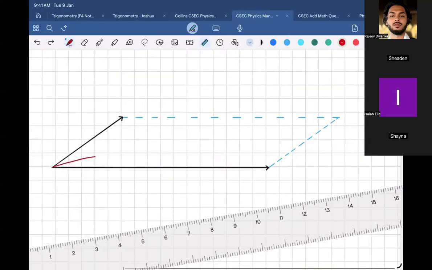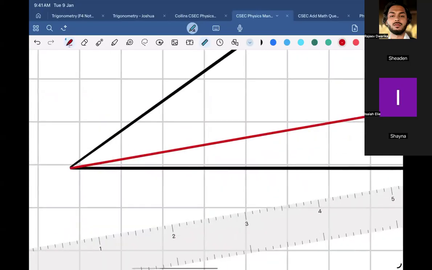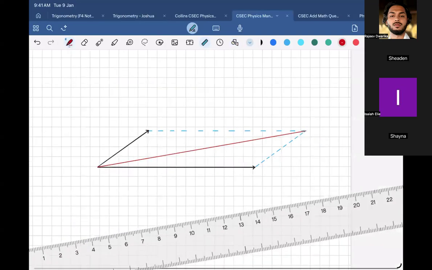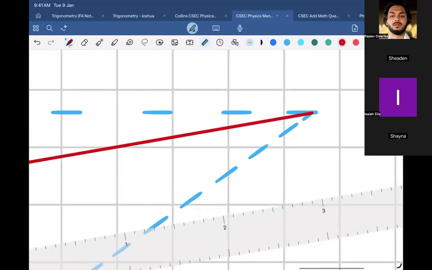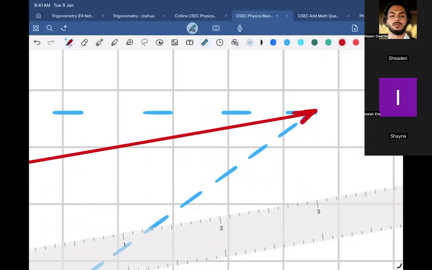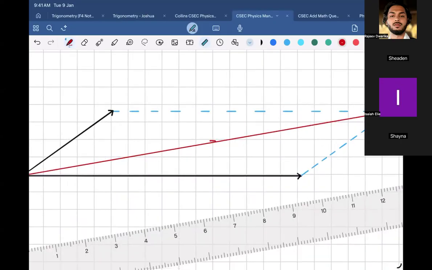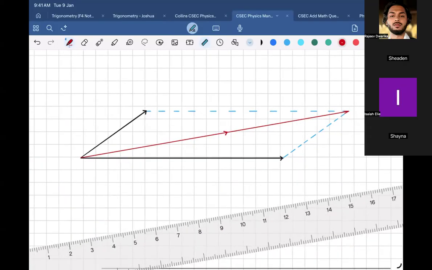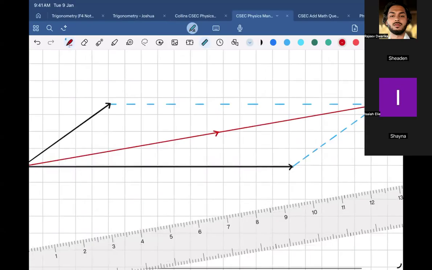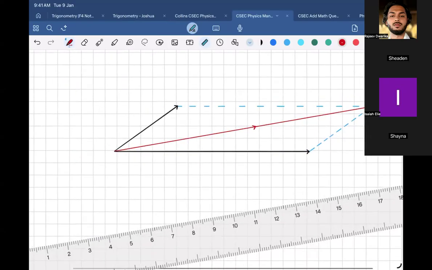So Shay, you see how much headache it is to do the diagram? Do you think it's worth it? If I don't get marks for it. Well, if you get marks for it, if you could avoid it, by all means avoid it. Shayna, which one do you prefer to do, the formula or the diagram? The formula. Yeah. Well, if you don't remember the formula, you gotta do this.